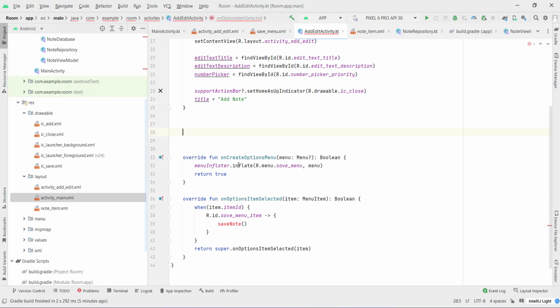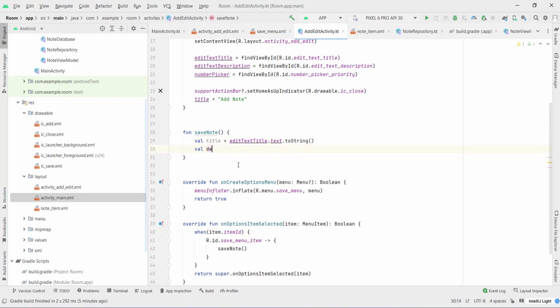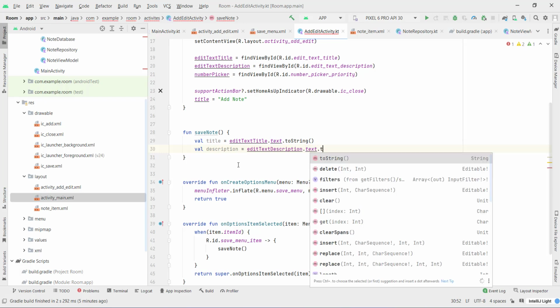So I'll go up here, I'll type fun saveNote, and I'll type here val title equals editTextTitle.text.toString, val description equals editTextDescription.text.toString,